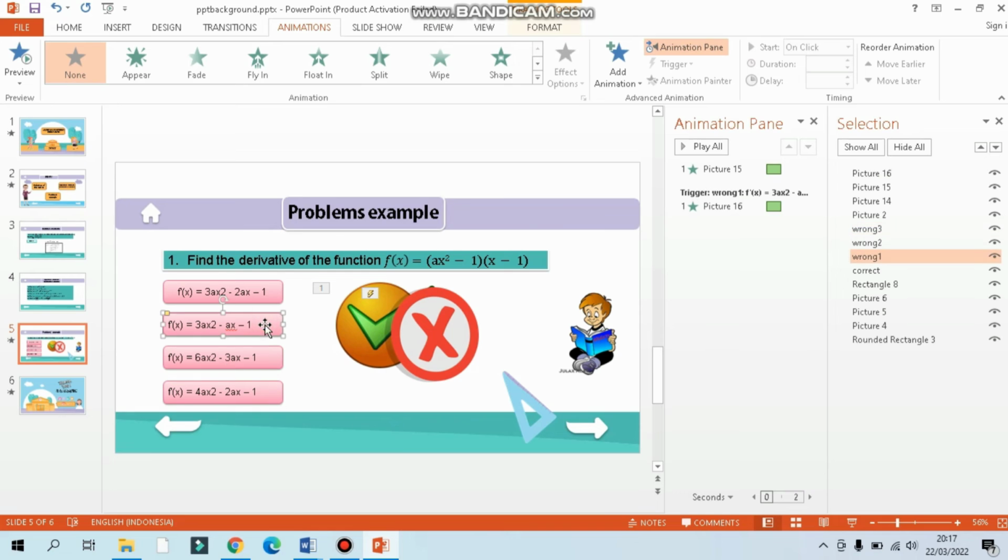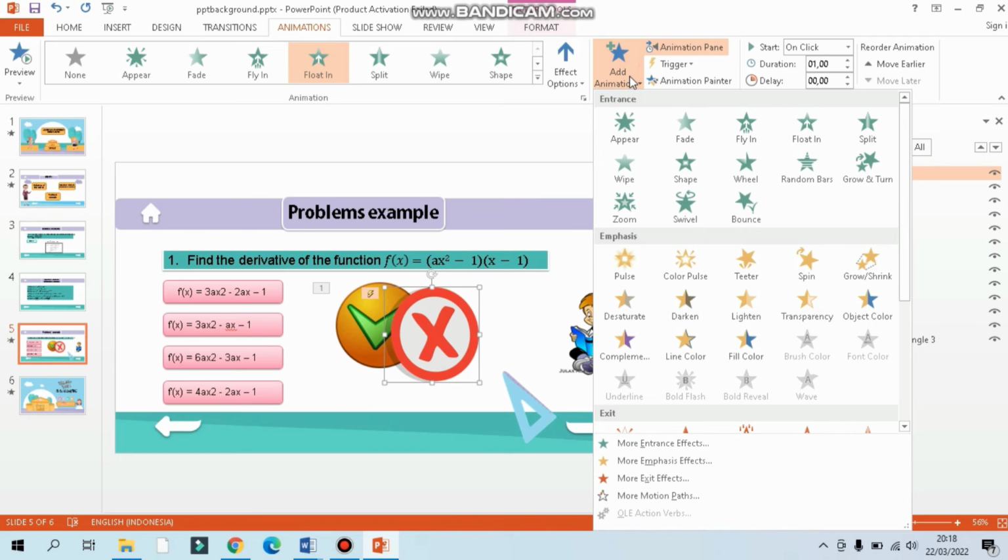So the second shape is done. Next, if we click the third shape, we can have the picture. The steps are: click this picture, click add animation. Don't click on this side, but click add animation, and we can click floating.